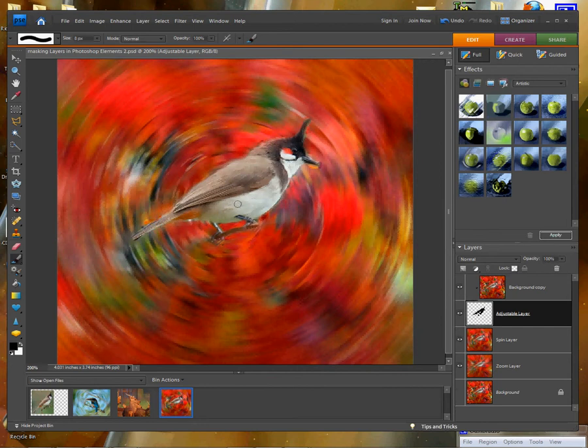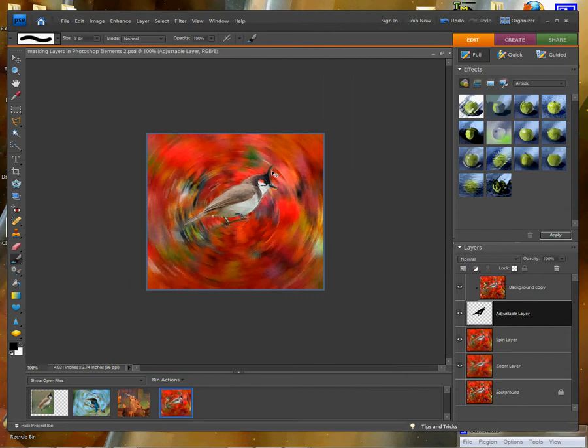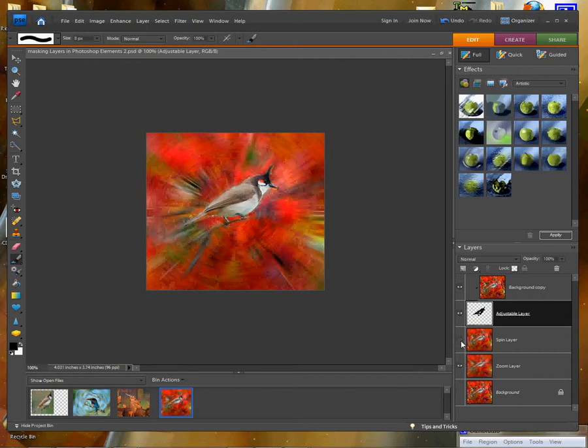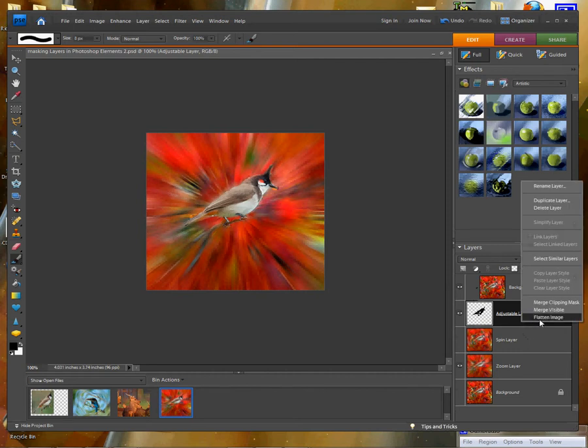And let's say that that limb a little bit. Let's say that that's almost where I want it to be. So I'm going to zoom out, and now what I have here is the distracted noise in the background. I have the bird centered in this whirlwind effect, or I can turn that off and give it a more starburst effect. So if I were done with this image, I would just right click and flatten the layers,